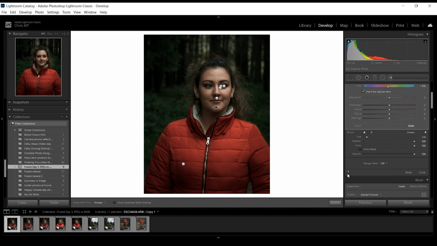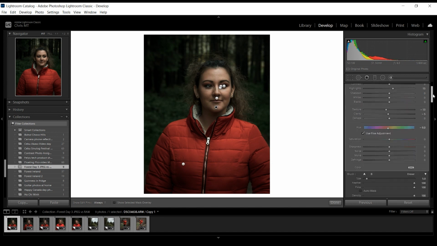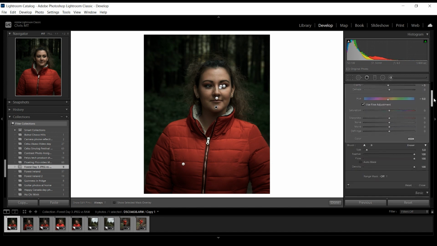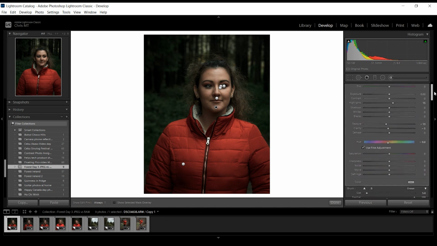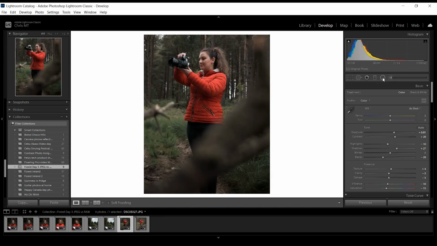I'll put it on and off and you can see that before it was green, now it looks a lot more normal. So yeah, very neat little feature that they've added, and something I feel like I will use a lot, especially on skin tones. I feel like most of the time with this new feature I'm probably going to use it with the adjustment